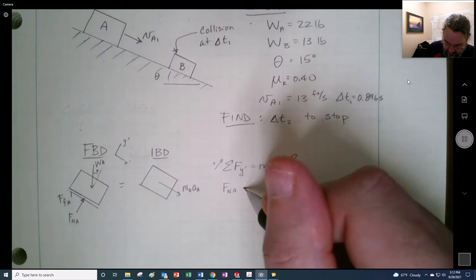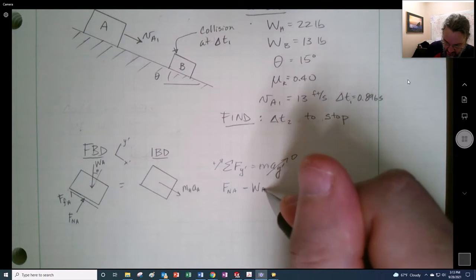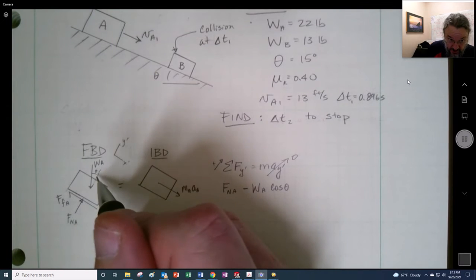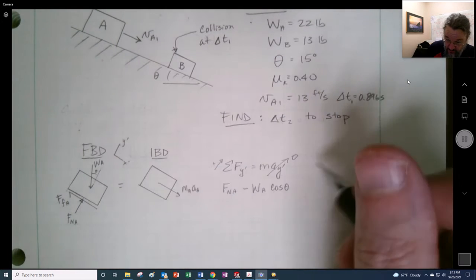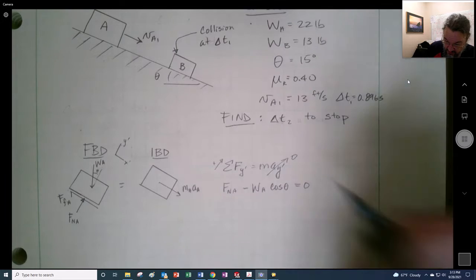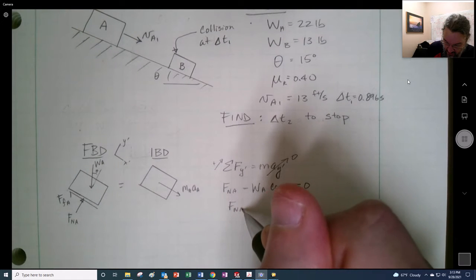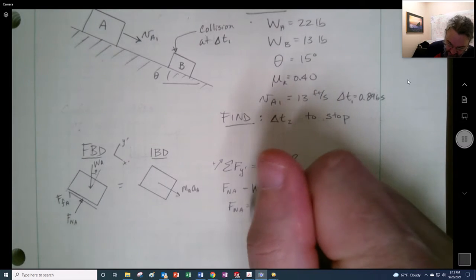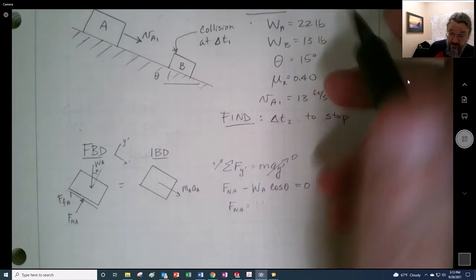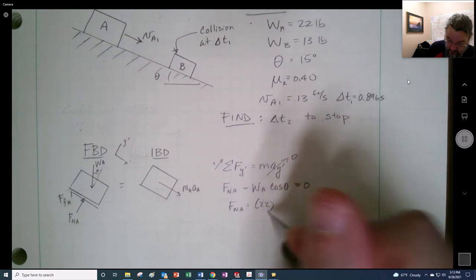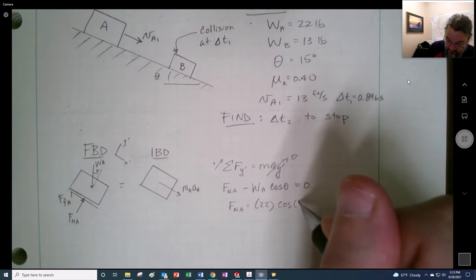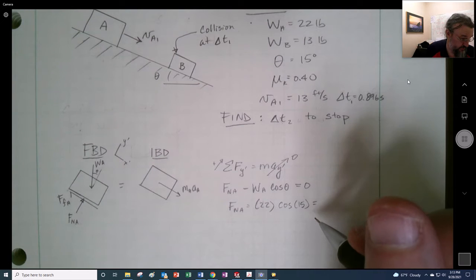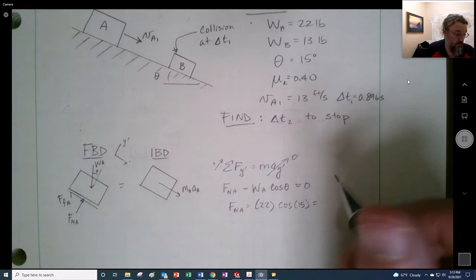And we have minus WA times the cosine of theta, because it's the adjacent side that we're aligning with the y prime direction, equals 0. So we get FNA is equal to, I don't want to write it out again, it's just 22 pounds times cosine of 15 degrees. And I did write this somewhere else right here. At some point we have to write some numbers down, but I think it's 21.25